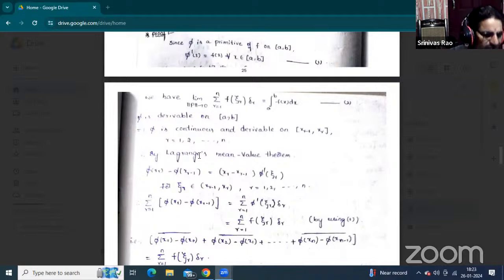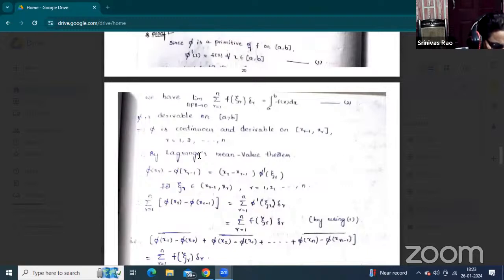Without the neighborhood, without the continuity definition, without the derivable condition, how can you approach this content? How can you introduce this material? Okay, first of all, we must know what is the continuous function and what is the derivable condition. How to define that? Now, the continuity condition is defined from the epsilon-delta definition.